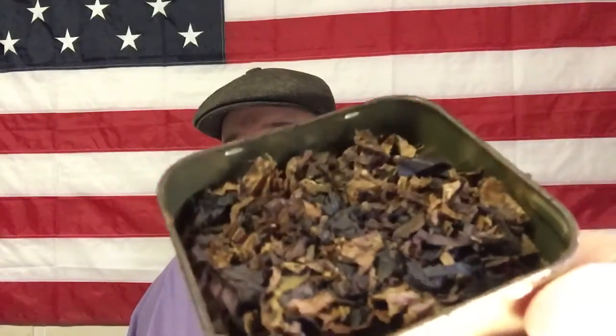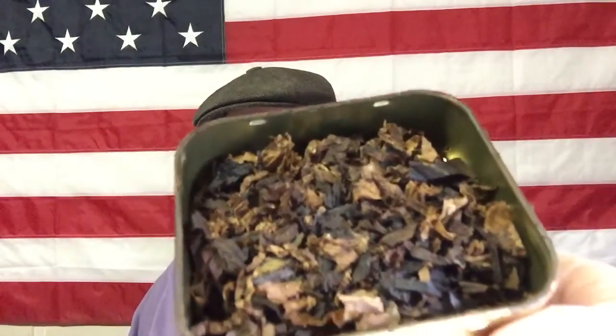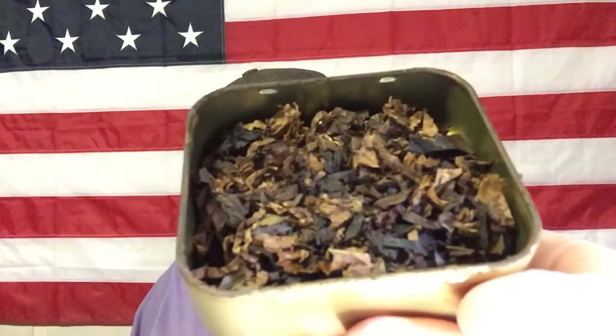This is the whiskey twist, mixed about 50-50 or 60-40. Might be a little heavy towards the whiskey twist, but I found if you mix that in the Gawith and Hogarth Black Irish twist, my goodness, talk about good. They're both good by themselves, but you put those two together and those two crazy kids are just wonderful. It really gives you some of the